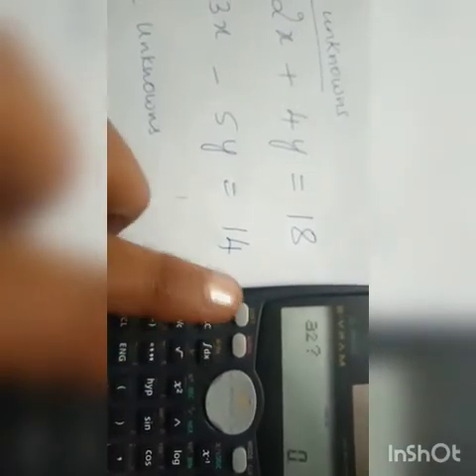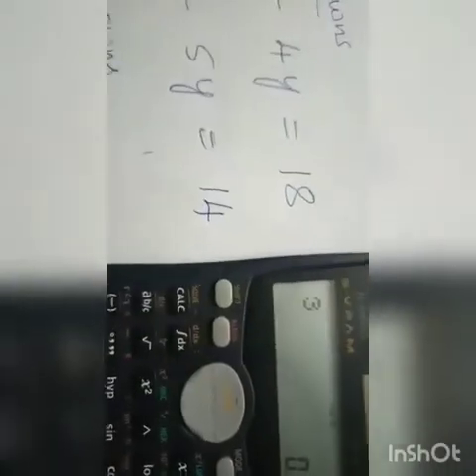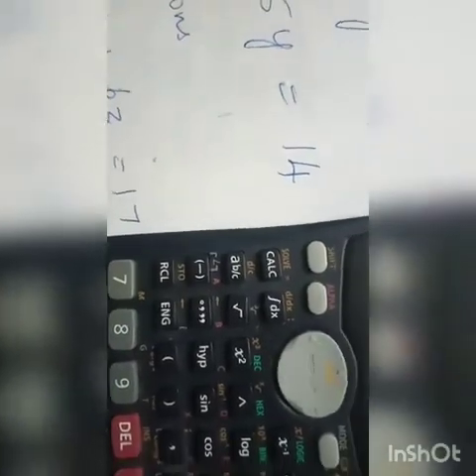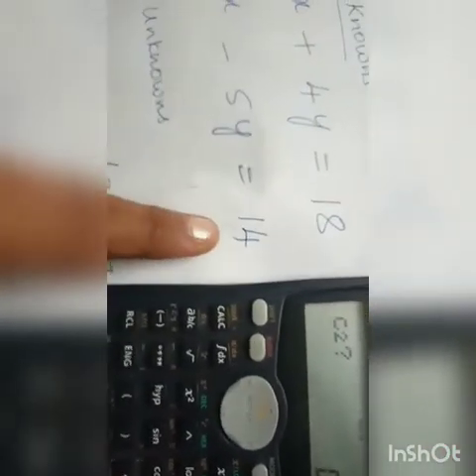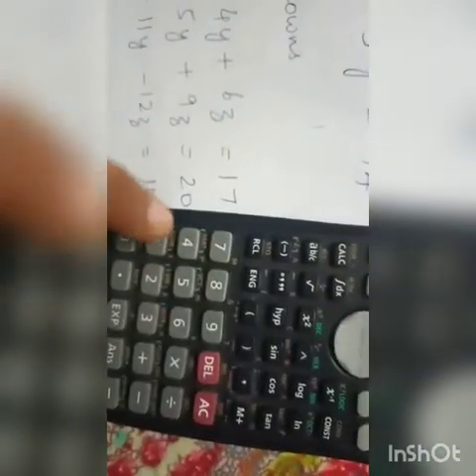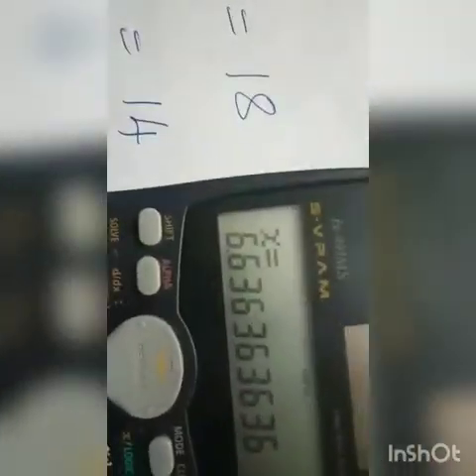Now it is asking for A2. So what is A2 here? It is 3. Okay, 3. Again B2 is -5. So again minus you have to see in this bracket. Same, it's minus and 5. See here, you can see -5 equals. Then that will be assigned to B2. Now it's asking for C2. So C2 is how much? It is 14. So just press 14 equals. That has been assigned.